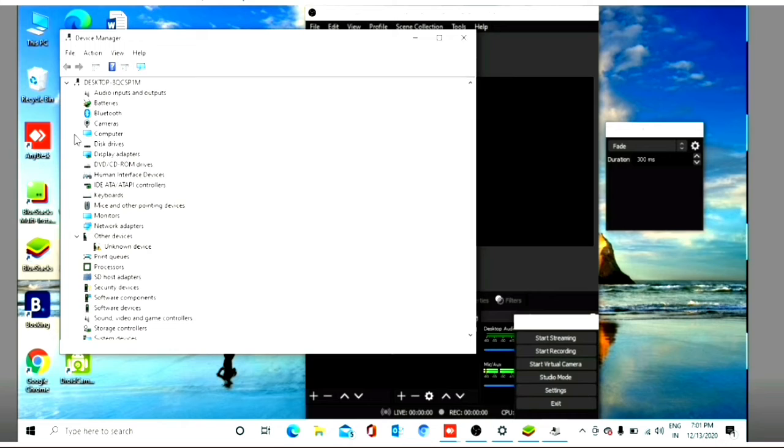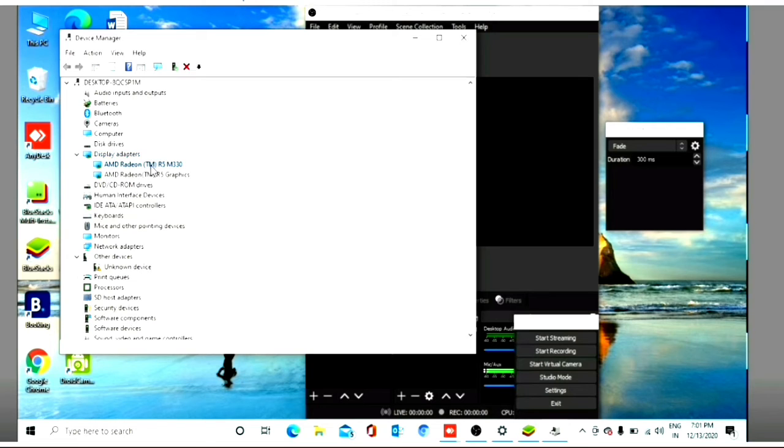In many systems you will find only one option. If you do not have a graphic card, it will show your system's internal display. So in our system there are two. One is our graphic card, and another is our own internal adapter. Both are AMD Radeon. I don't know why it is not reading my internal graphic card.